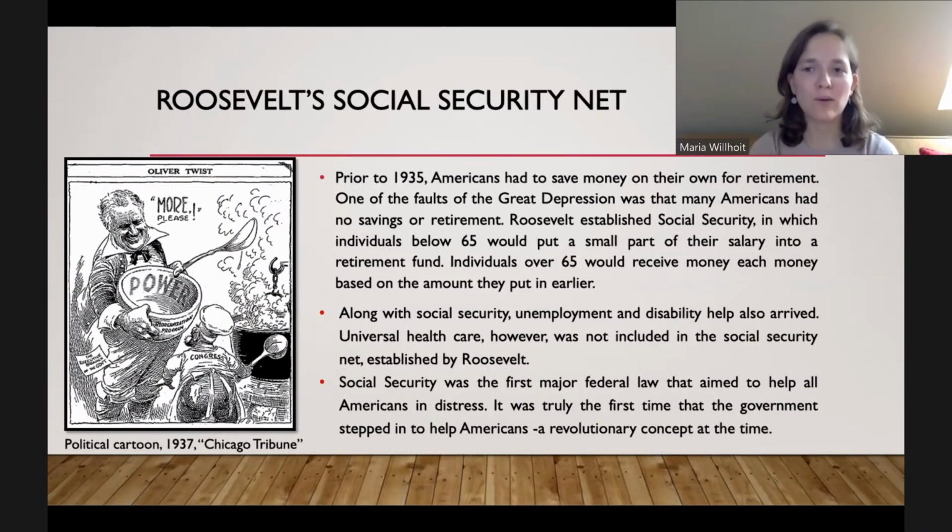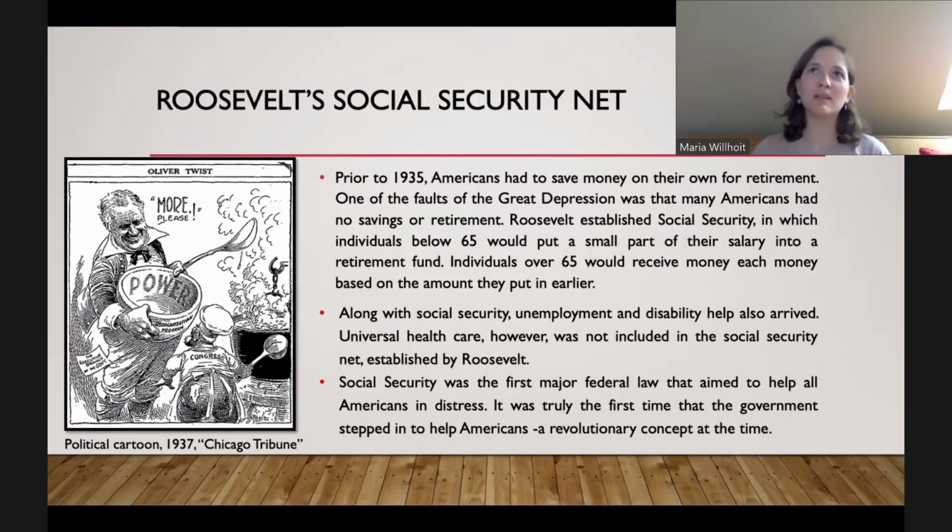One of the ways that it works, it's a little bit different now, but the way it works is that my generation that's putting money into Social Security now is actually helping to give money to Social Security recipients now. So my mom receives Social Security. I put money into my Social Security account every month, well, when I have a job. And that money goes into the Social Security Fund in the federal government. And then that money is a big pool of money that goes to pay for Social Security payments today, for people like my mom and other older Americans. So that's how the system works.